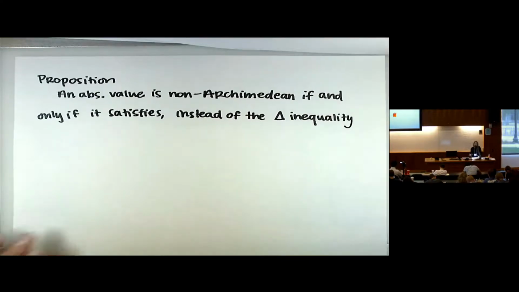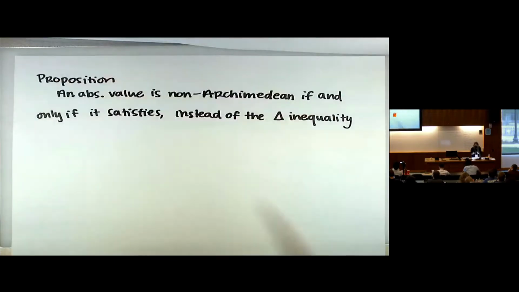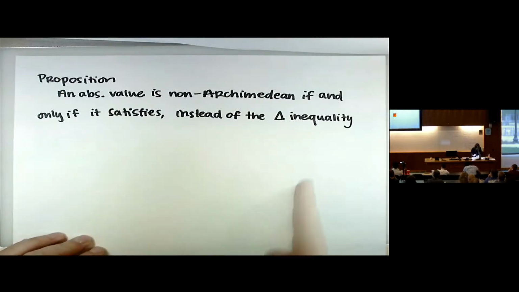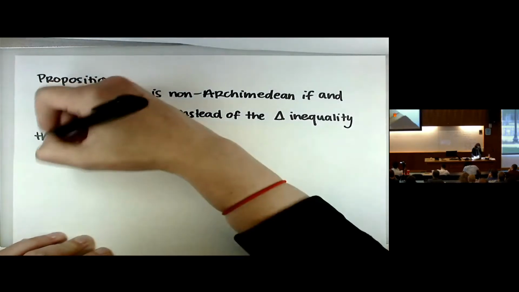So way back when I defined an absolute value, there was something about 0 being special, and then something about multiplication being good, and then the triangle inequality. I was like, triangles, right? So it will satisfy the triangle inequality, but instead of that, something even stronger. Okay, so it's not really an instead, it doesn't satisfy that, but it's better, right? Like instead of one muffin, you got 2 muffins, and they're chocolate. Okay? Instead of the triangle inequality, the stronger